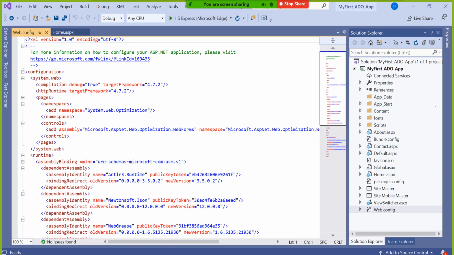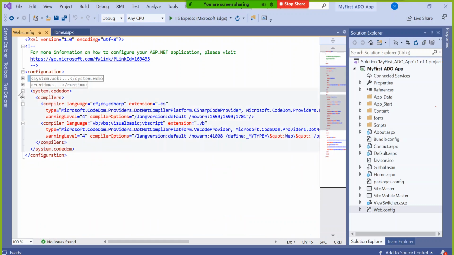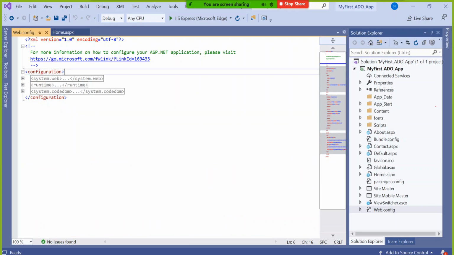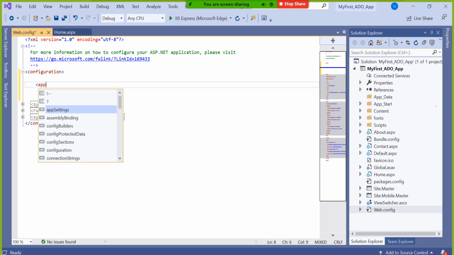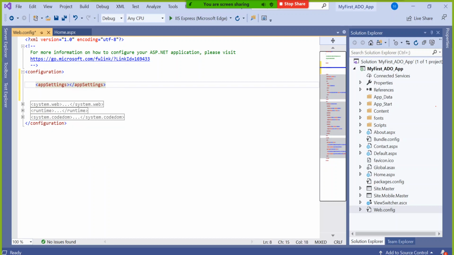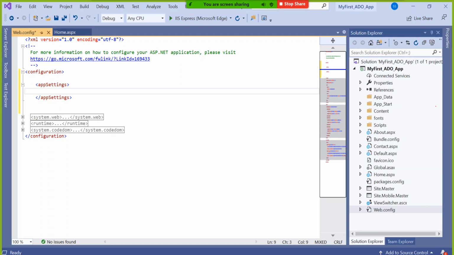So what I will do here, I will come inside system.web. Okay, there is something called system.web. Inside this you can keep something called connection string, or one more way, there are two ways guys, I will tell you both. One more way, just press enter after configuration, make some space, you create your own appSettings tag. There is something called appSettings. Why is the name appSettings? Because this is a setting area, a setup area for the application, you can say.